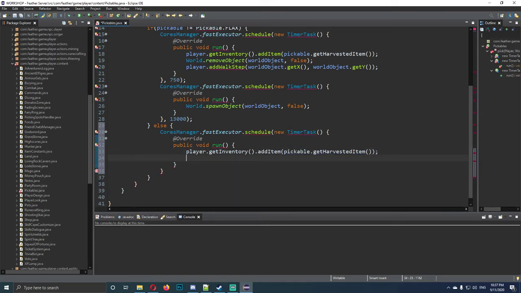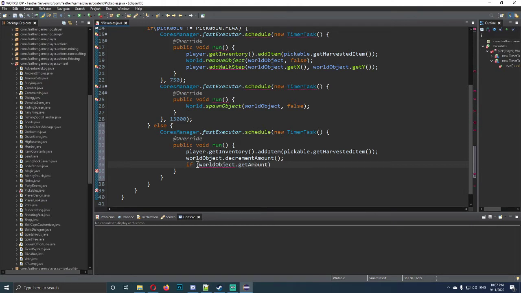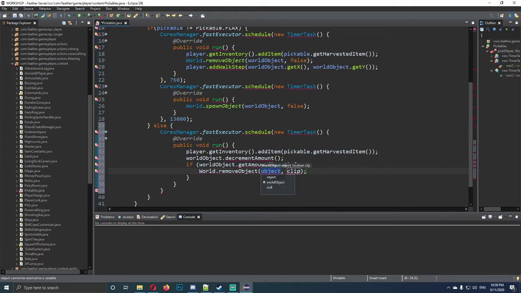Okay, then we want to go weld object dot decree, okay, we actually don't have that, but we'll do that. Amount, okay, decrement amount, which we need to do, and then we want to type in if, and then we want to say weld object dot get amount, okay, is less than 1, then open. We're going to go weld dot remove object, okay, we're going to go weld object false,